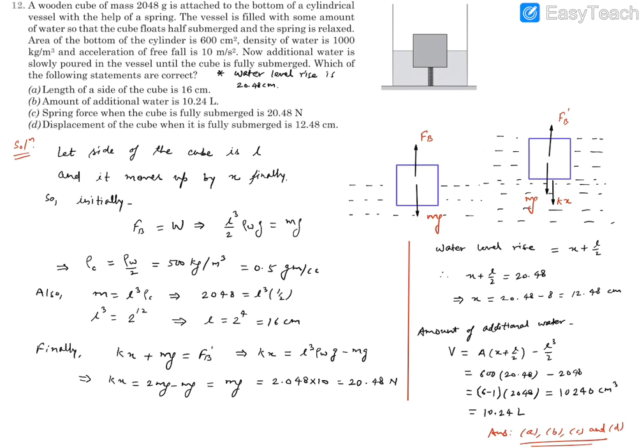So when you add additional water, then the left half volume will also go inside the liquid, and that will not allow the liquid to fill that gap. So this is the total volume which is corresponding to the total level rise, and this volume has to be subtracted to get the volume of water. So area is given as 600 centimeters square, and this is given as 20.48 centimeters, so that's centimeter cube, and we can substitute this as a centimeter cube as well.